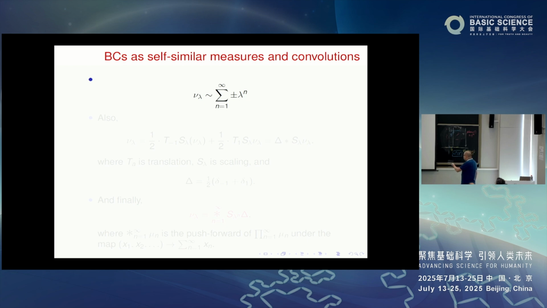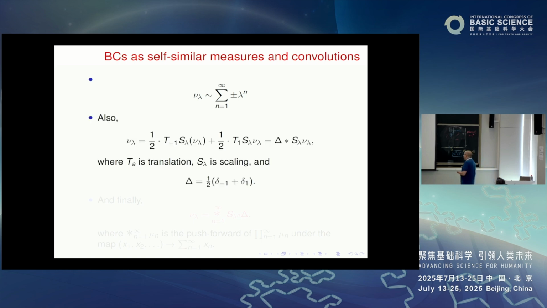So here is the definition again of Bernoulli convolutions. It is the distribution of the random sum ± λ^n, everything independent and equidistributed. There are many ways in which you can alternatively define Bernoulli convolutions. For example, this is a self-similar measure in this sense. The Bernoulli convolution with parameter λ is equal to an equally weighted convex combination of scaling the measure by λ and then translating by -1, and scaling the measure by λ and translating by 1. And this is because you can just condition on the first choice of sign. The first choice of sign is either plus or minus,